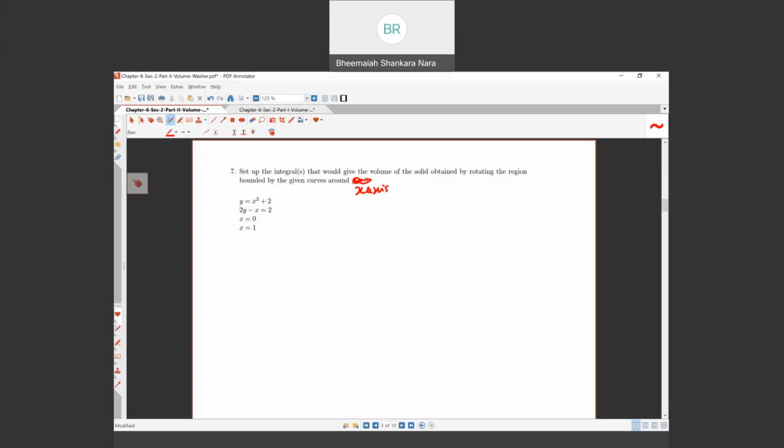So let's rewrite this line as 2y equal to x plus 2 or y equal to 1 plus x over 2. When we plug in x equal to 0, we have y equal to 1. When we plug in y equal to 0, let's rename this